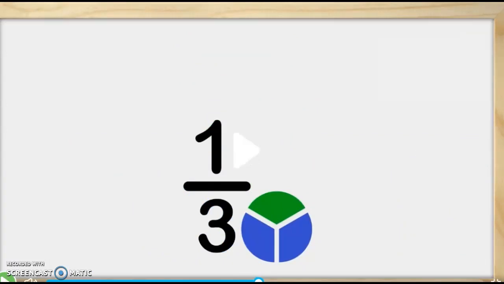Do you remember the vocabulary word for that number that is down on the bottom? Denominator. They both start with D. Denominator is down, and it shows how many parts are in the whole thing. In this case, we have 3 parts that make up the whole circle, so we have a 3 on the bottom. Now on the top, we have the number 1. If you look at the third of the circle that is colored,